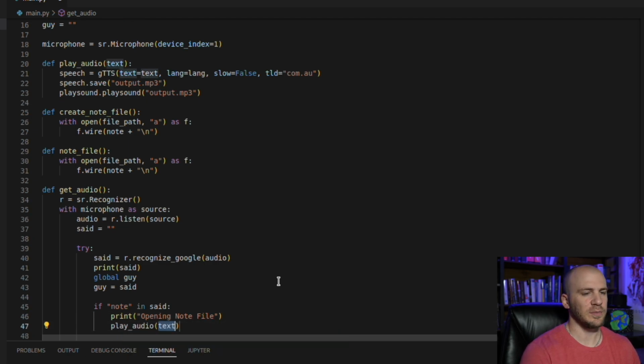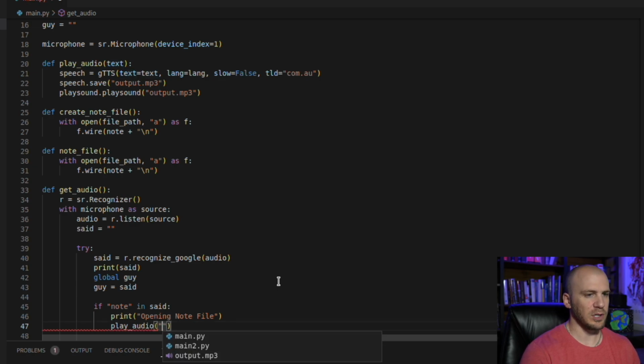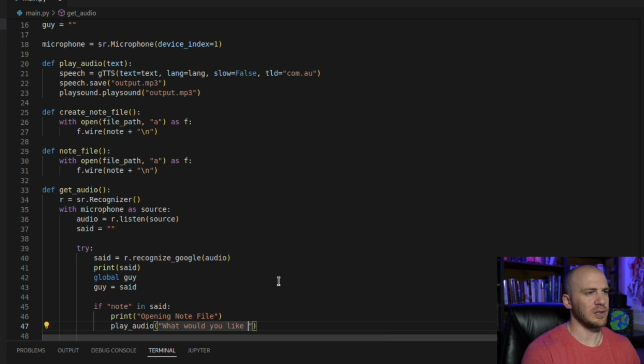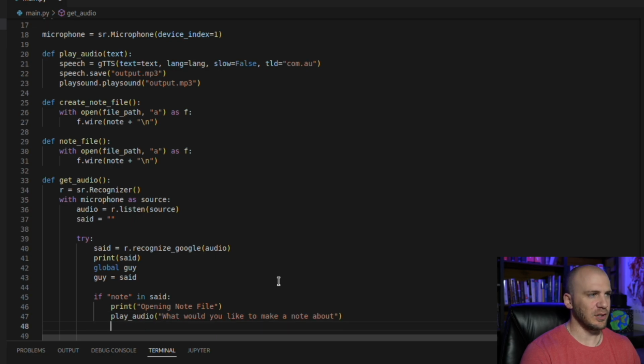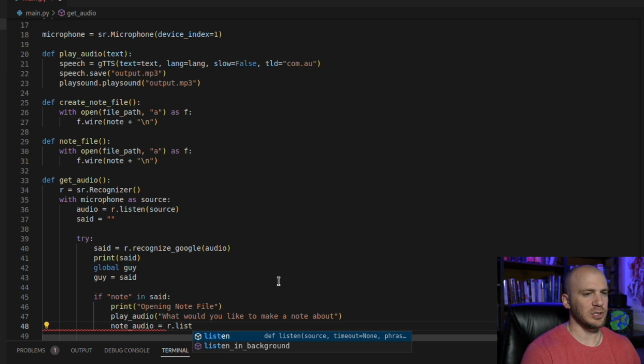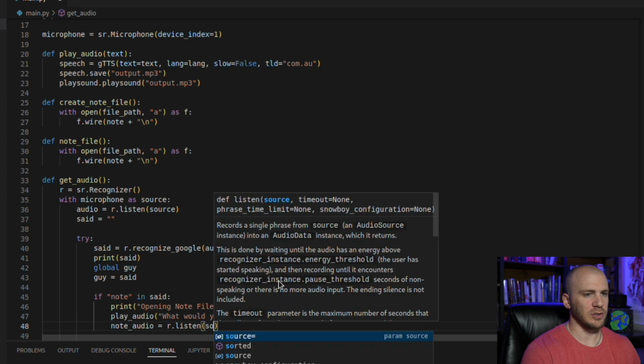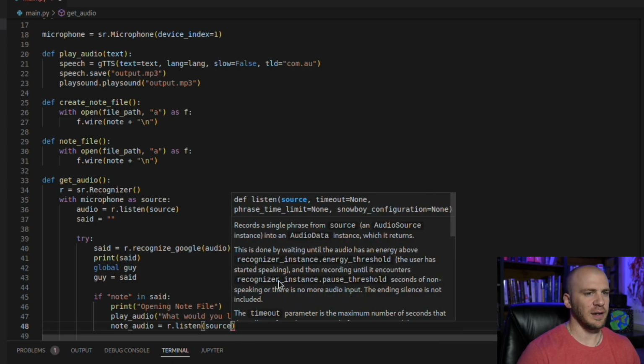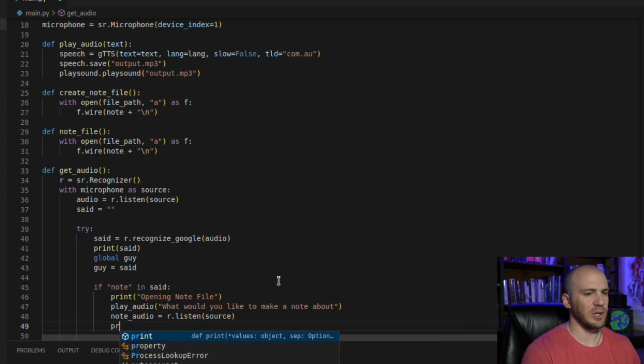So it's going to request something to us because this program is going to be running in the background. When we say note, we want it to respond to us. So that way we know that it's actually working. So we'll actually have it respond to us. So we'll have it say, what would you like to make a note about? And we're going to have it listen through our microphone. So we're going to say note audio equals r.listen, which should be starting to look more familiar to you at this point. So we have our source,